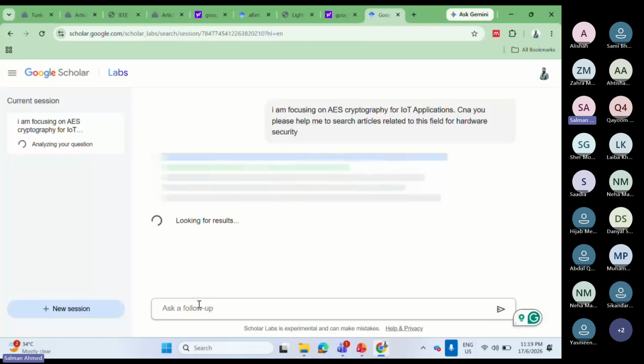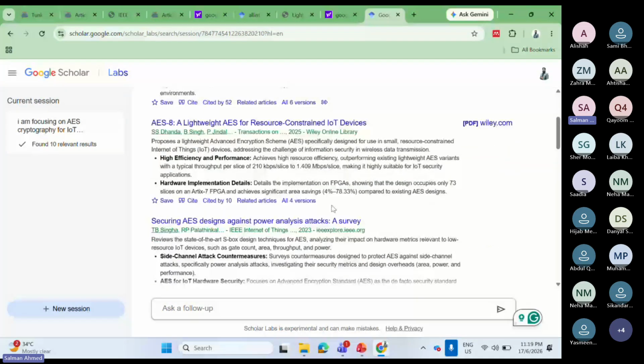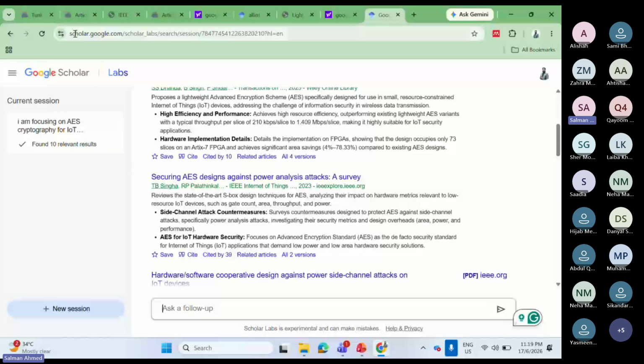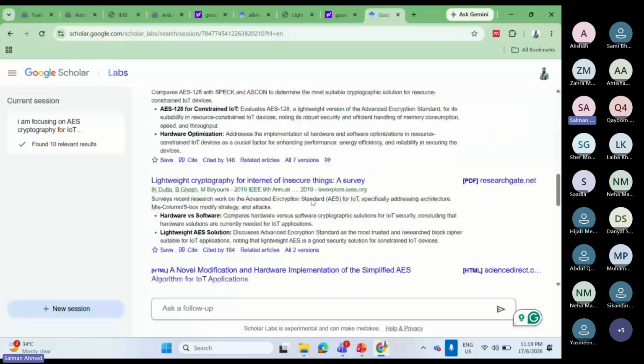This is a newly introduced version, I guess, using an AI platform. I guess this was introduced by Google Scholar last year or maybe 2 years ago. This is a very good thing that makes you very comfortable using Google Scholar. The same thing that I was doing with the advanced search, I can do like we chat with ChatGPT. So you can chat with it, and it will find the useful research articles for you.